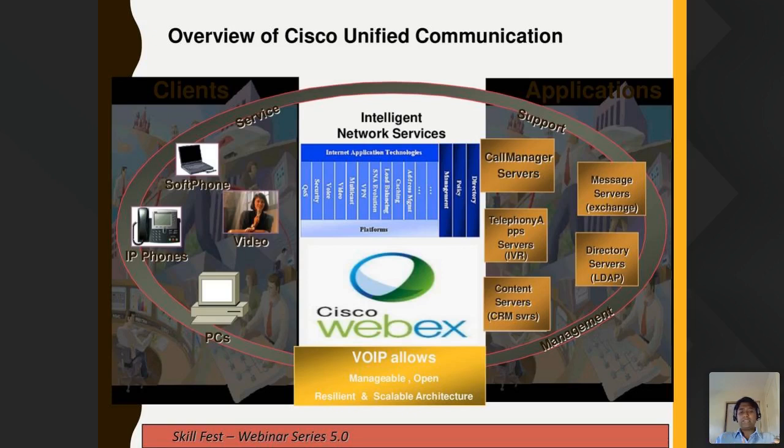For example, DNS, NTP. DNS is domain name server, NTP is network time protocol. There are many things covered in networking, including the IP address, IPv4 or IPv6. If you have that knowledge, you can do very well in unified communication, because both are interlinked, because unified communication runs on the network. If you understand the network, IP addressing, subnetting, and how the ports work and all that, then it's easy for you to understand unified communication. So yes, it's a completely different technical domain.